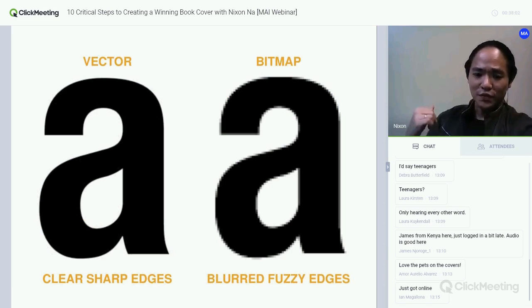Because Photoshop is a bitmap based application, while both Illustrator and InDesign are vector based. Now, if you were to use Photoshop and you send off your book cover to the press, chances are once it comes back to you, you'll see that your blurb will look really fuzzy and blurry, therefore making it hard for the readers to read. While if you use InDesign to do your layout, your text will be very sharp, and